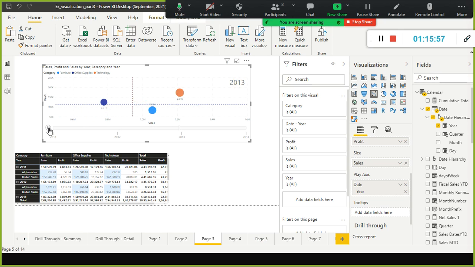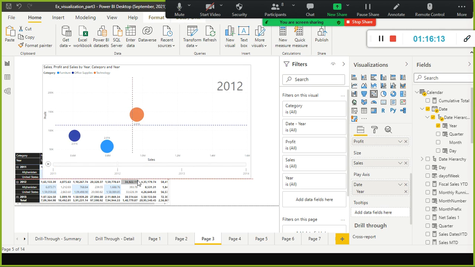For example, I pause it at 2012. It's not pausing, it keeps on running. Okay, 1 second. 2012, right? So we can create an animated one, and also create four different quadrants. With that we are able to understand the pattern.